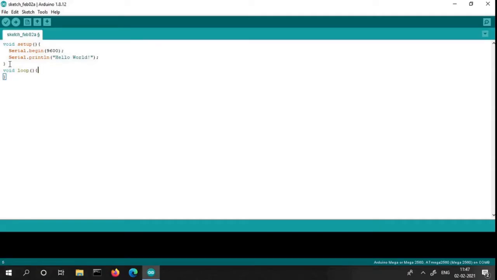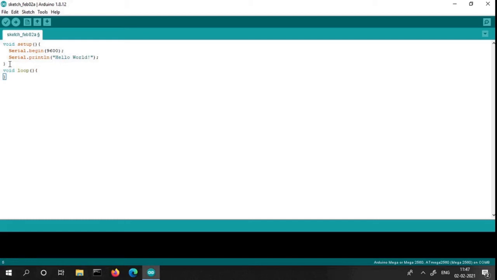Now we can see what will happen after we upload it. Now I take an Arduino Mega board and I just connected it to the system.